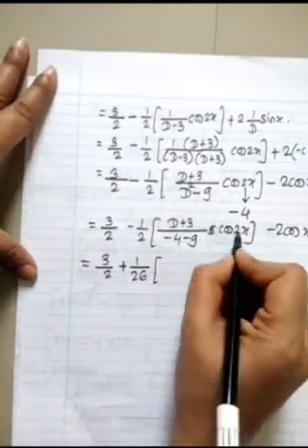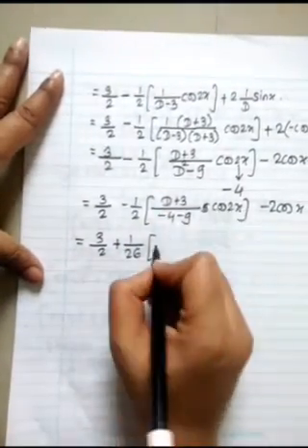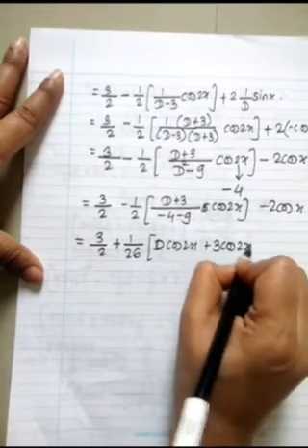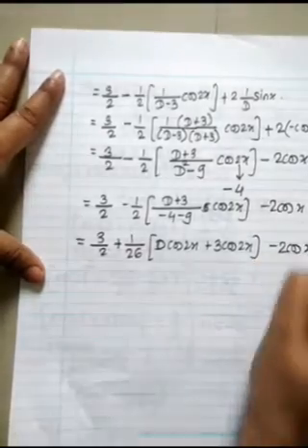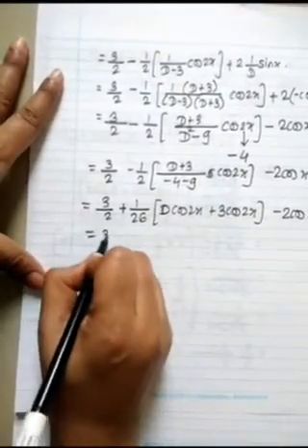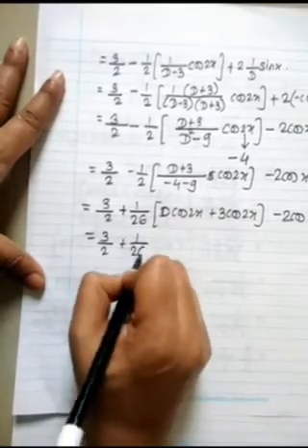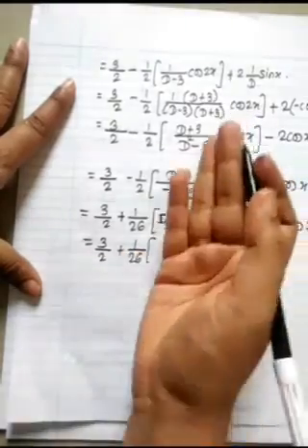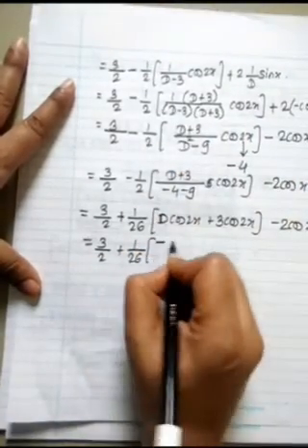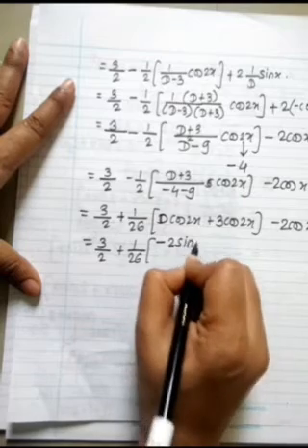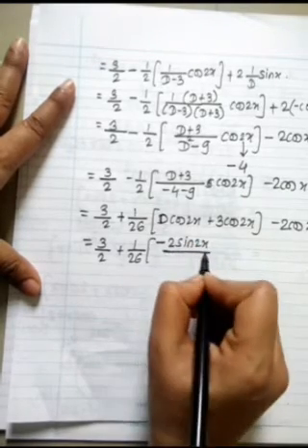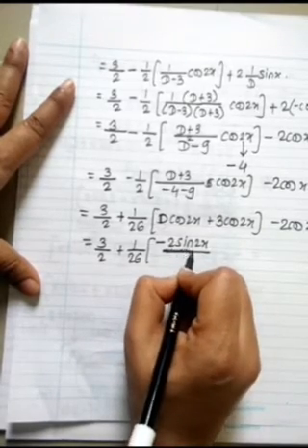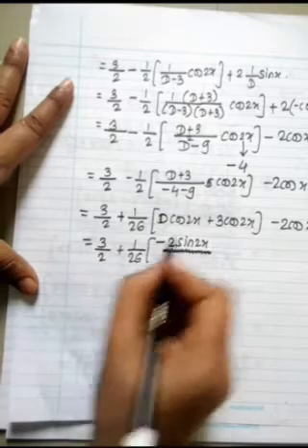What remained is d plus 3 cos 2x only. So d cos 2x plus 3 cos 2x. Very good. Minus 2 cos x. That is 3 by 2 plus 1 by 26. Derivative of cos 2x. D is now in the numerator. That is derivative. Minus 2 sin 2x upon, is it true? It is derivative.